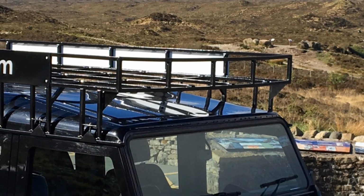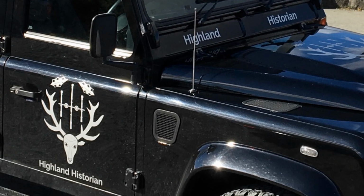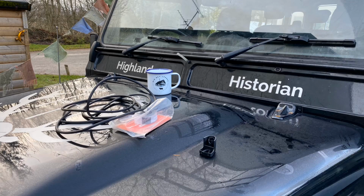And despite the additional height of a Land Rover Defender, they unfortunately come with a terrible squirter fitted. And this is the one that was fitted to mine, and unfortunately it cracked. So even if it was any good, it wasn't going to work after that. And so it was time for some DIY, and the first thing that I had to do was to make